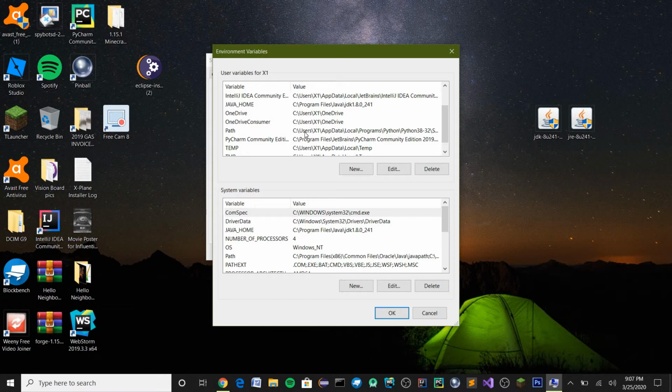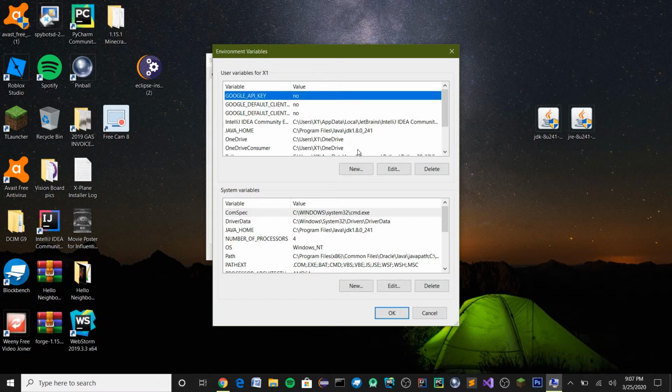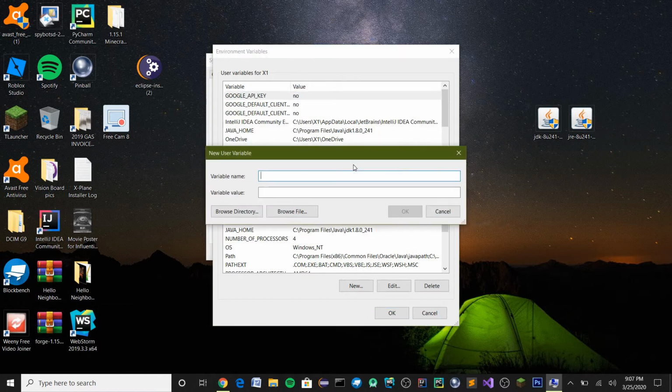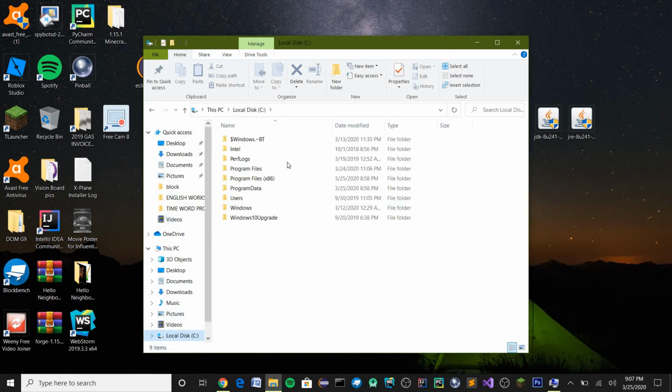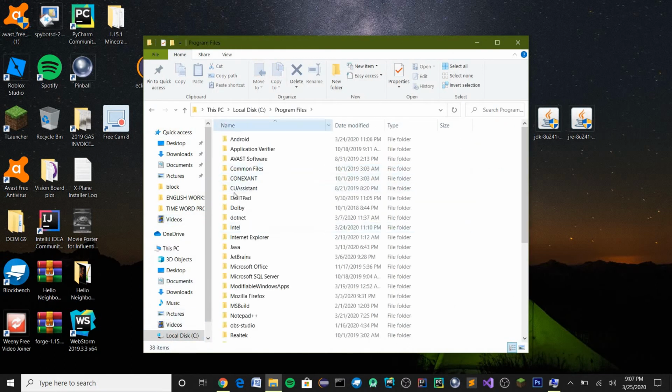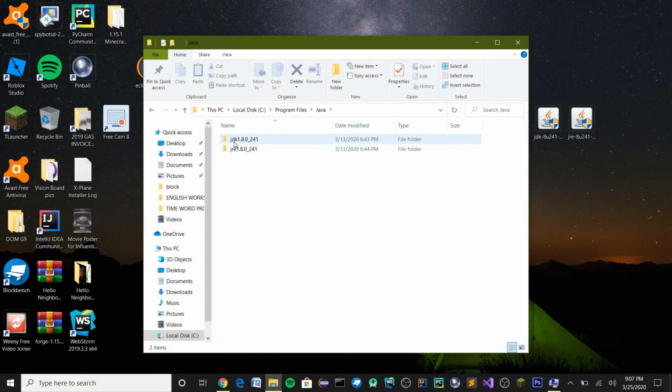in your mod. So what you want to do in your user variables, you want to click new. You want to add JAVA_HOME. It's really important you name the variable name as JAVA_HOME in all capitals, because it is case sensitive. And for the variable value, I'm going to show you what to do. Go on your file explorer, click on local disk C, program files. You want to go on Java JDK